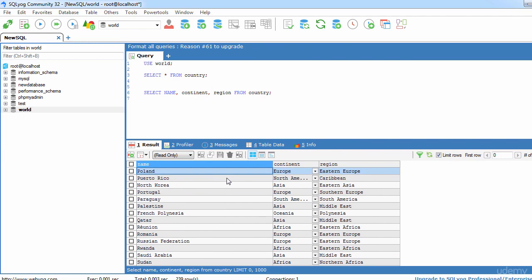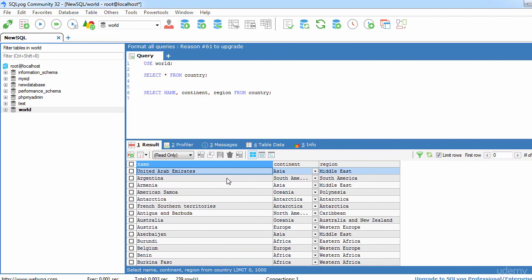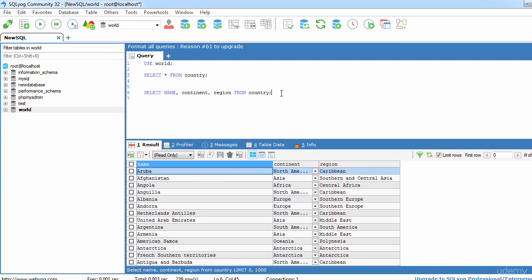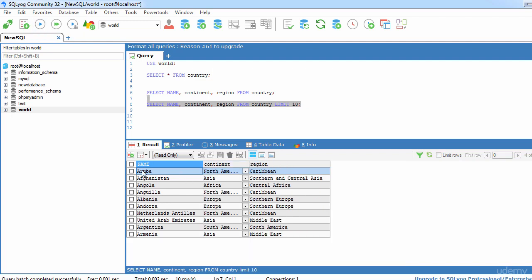But what if we are just trying to see only 5 or 10 rows from the top? In that case we can use the same query. Let me copy it, and after from country we are going to write limit. Suppose we are going to see 10 rows. So select this complete query and execute it. Here we can see that it has just returned 10 rows from the top. So these are three queries: to select the complete set of data, to select some selected columns from the database table, and the third returns us only 10 rows of data from the top.